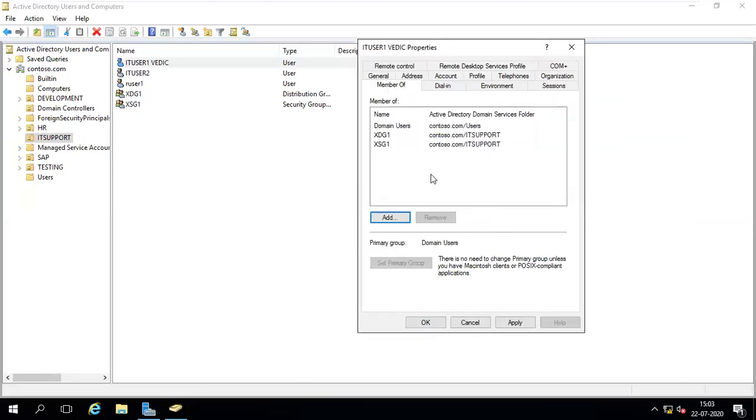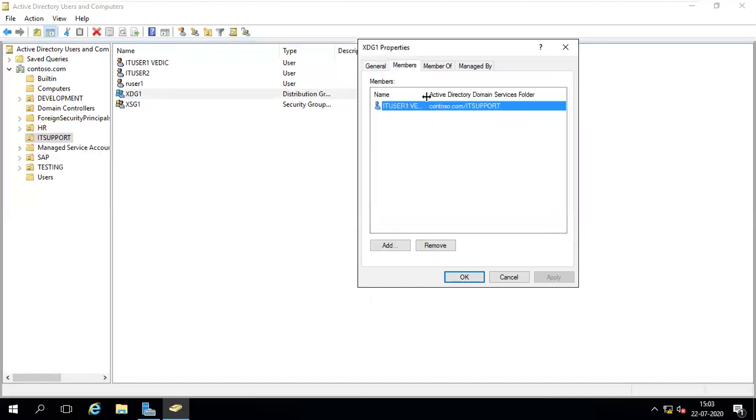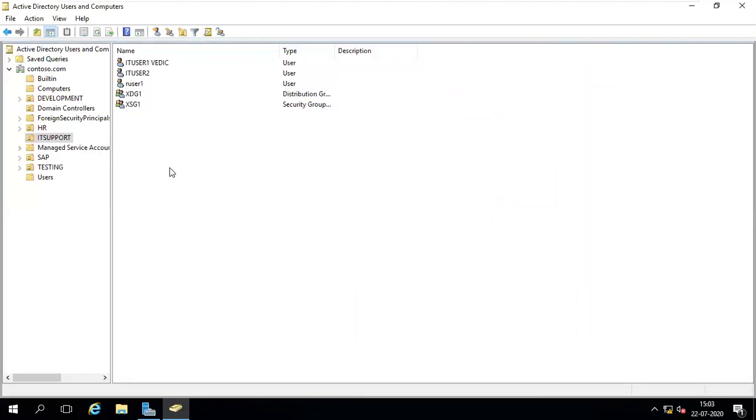Okay, like this we can add it. Got it? Apply. Then if you check the group's members, you see it. Like that we can add it, and multiple ones we can add.